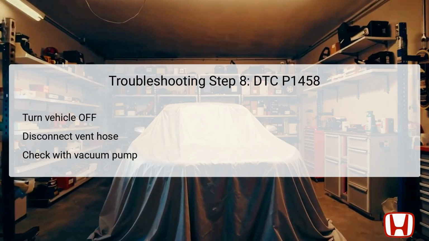In the final step, the technician should start by turning the vehicle to the off lock mode again. They will then disconnect the evap canister vent hose from the canister and connect a vacuum pump or gauge rated from 0 to 30 inches per minute to the evap canister to check its integrity. Following this setup, the vehicle should be turned to the on mode and the evap test should be selected from